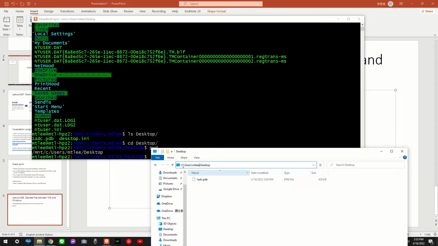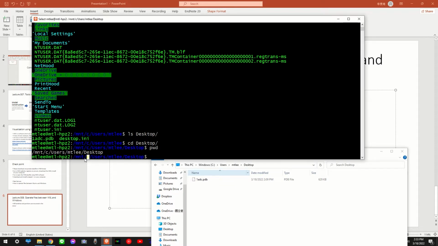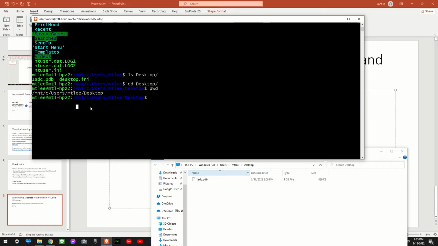Another thing is that Windows starts with the C drive and this colon. You don't need that here, but you do need a C partition here, which is mounted on your computer. Okay, this is the one you need to go to. So if I ls, I will see the one PDB file that I just downloaded, right? This is the file we just downloaded. We opened that using Notepad++ and VMD separately to see what is inside. But let's see whether we can open it using VIM, okay?